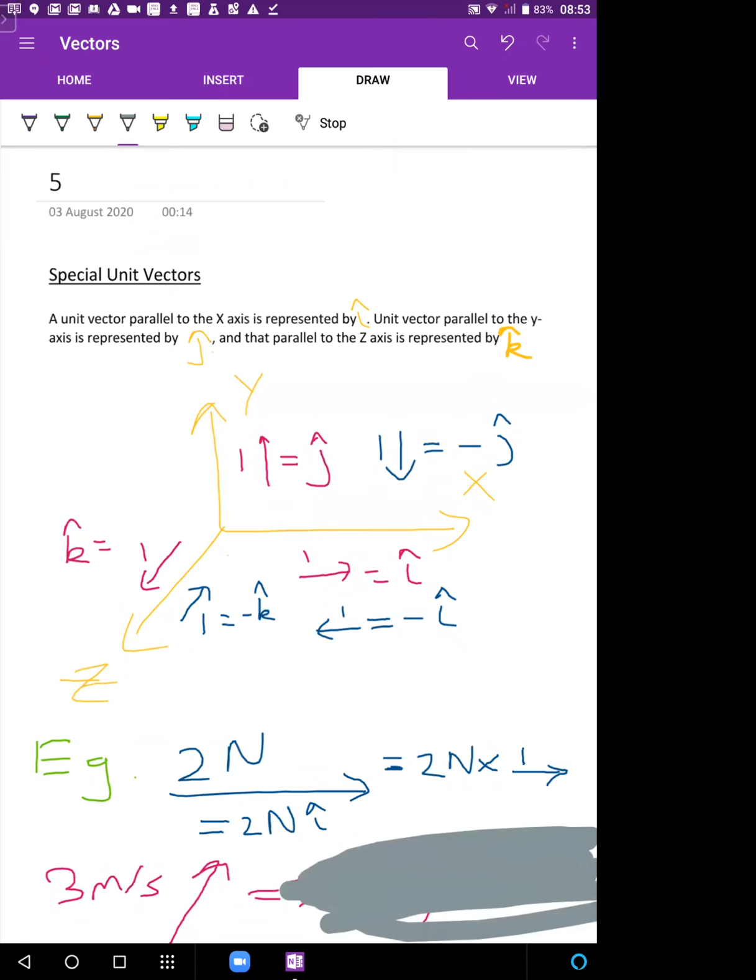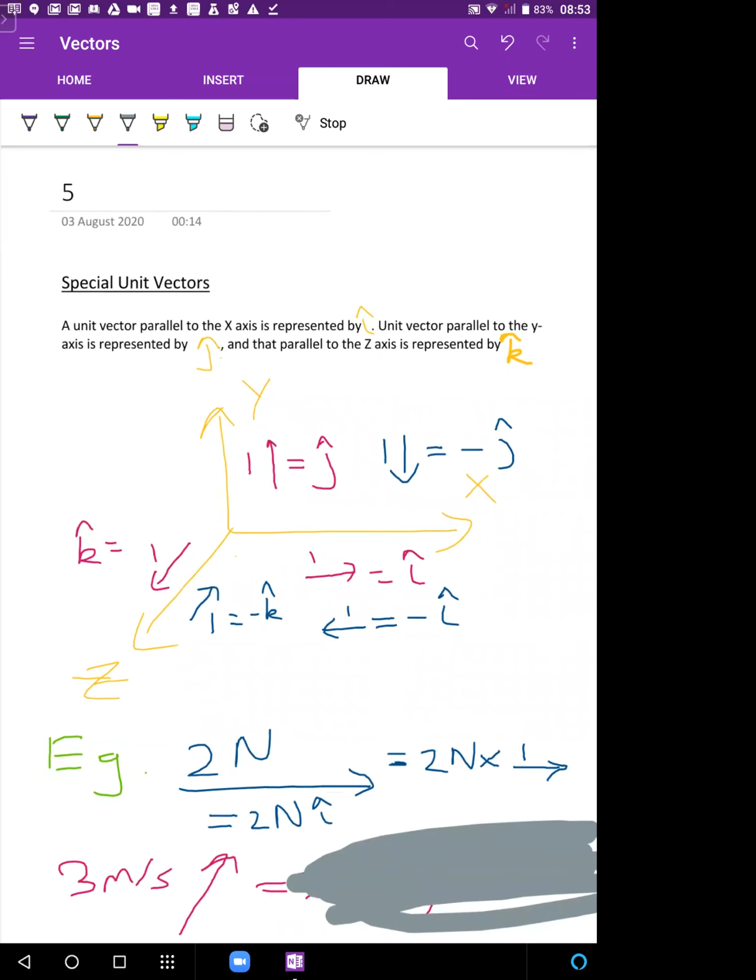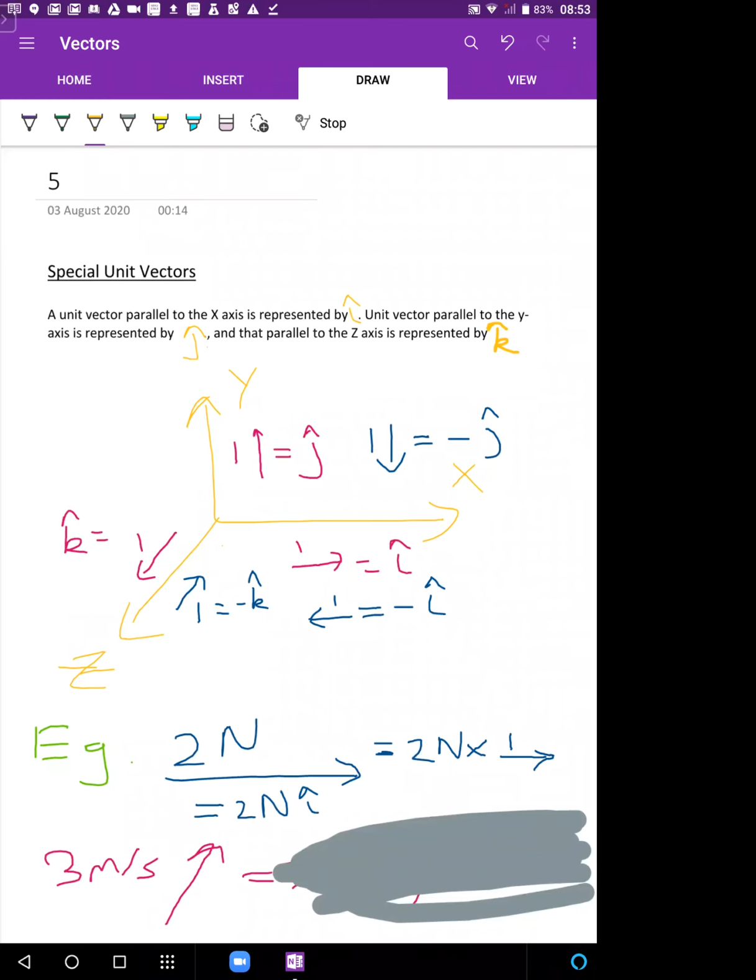Yeah? Why don't you try? How would I represent 3 meters per second going in a direction opposite to my z-axis? How would I draw that? Yeah, very nice. Okay, cool. Just don't miss out the units. Okay, so the answer will be